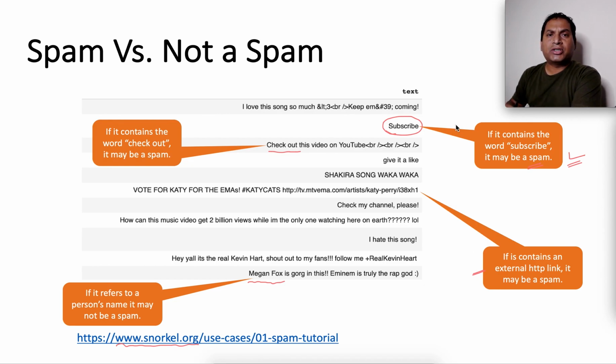We probably have 10 or 20 or 30 different heuristics, or basic understanding or logic, about what can be a spam or not a spam message. And around each of them, you can write a small function to do that programmatically, and these are called labeling functions. Now collectively apply all the labeling functions to each of the feedbacks and messages and try to understand what those labeling functions collectively are saying.